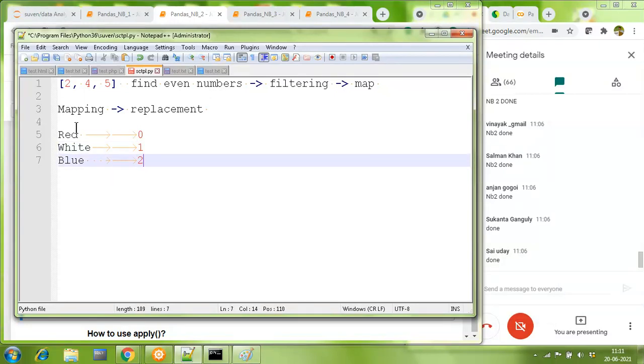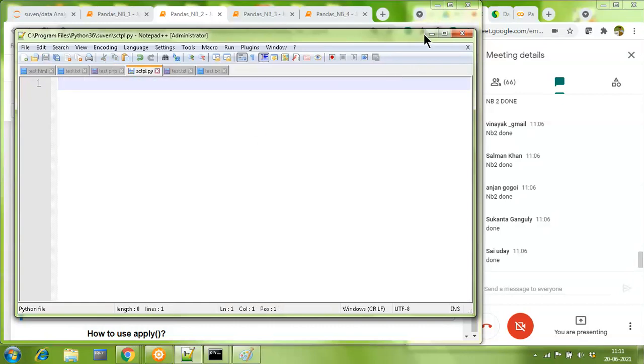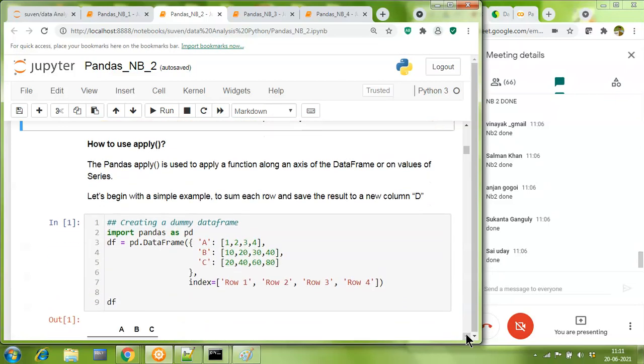So you are mapping the values red, white, and blue to 0, 1, 2. This is an application where I would do mapping, or I would use the map function. So applymap and map are used in this kind of situation. Where you want to do replacement or maybe some kind of filtering, I would probably use map or applymap. Okay. Now, having said this, let's get into the core part of how we are supposed to use them.